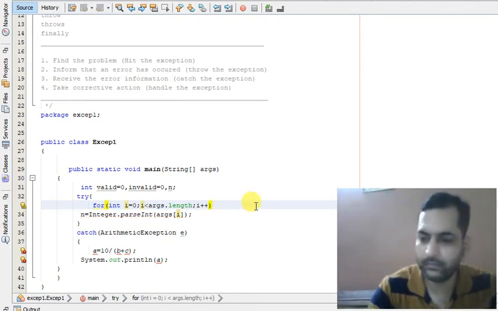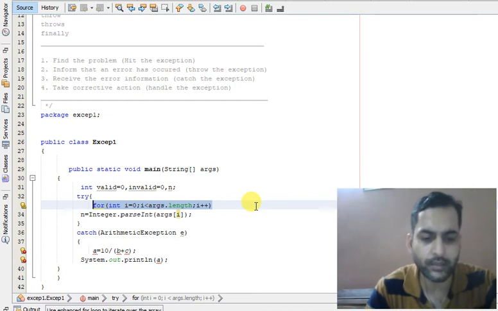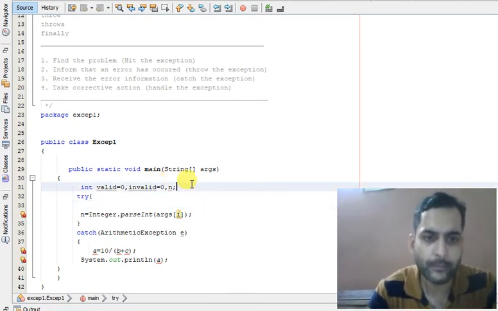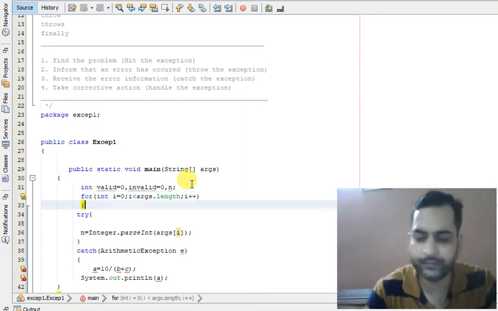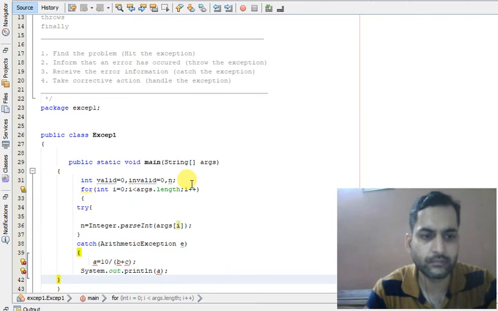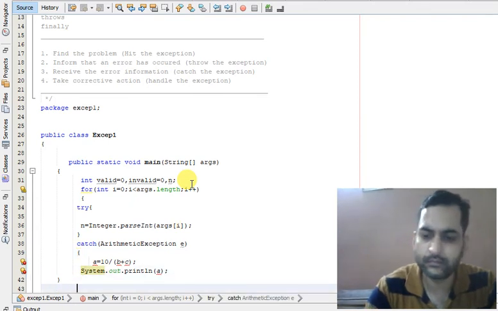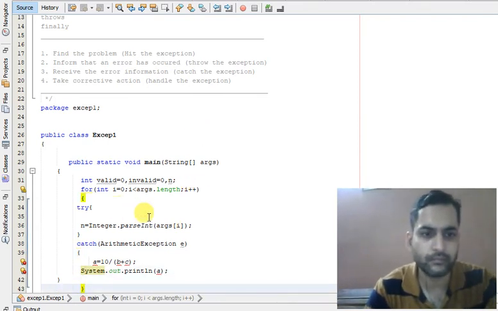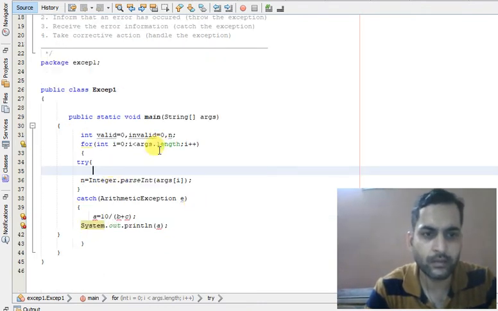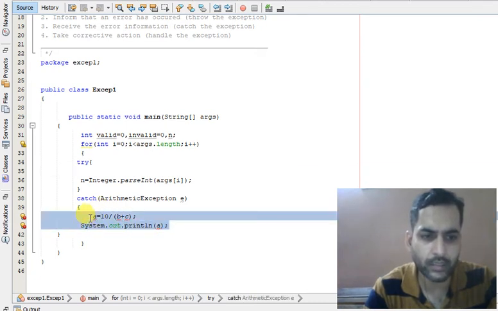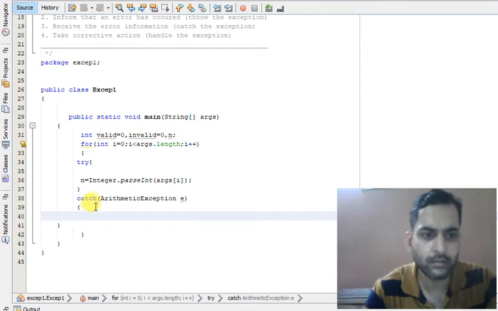I should rather keep this loop outside the try block. Now catch.